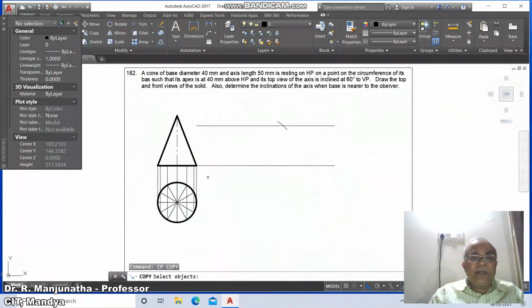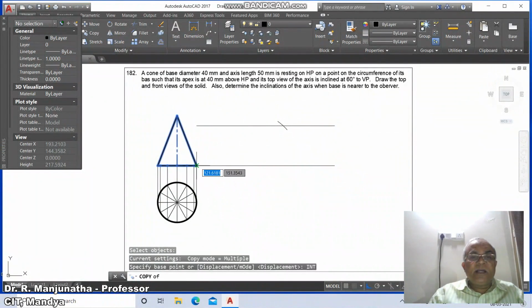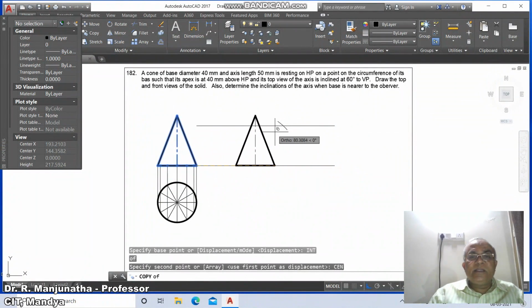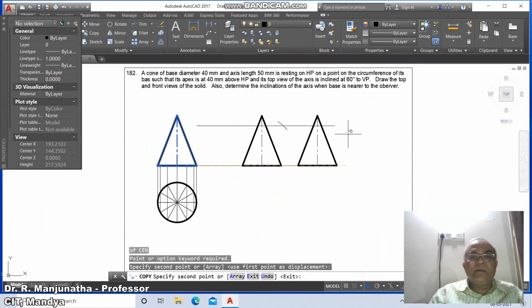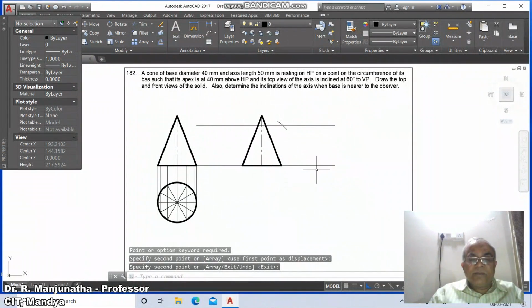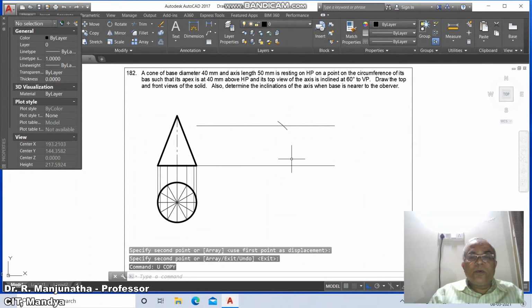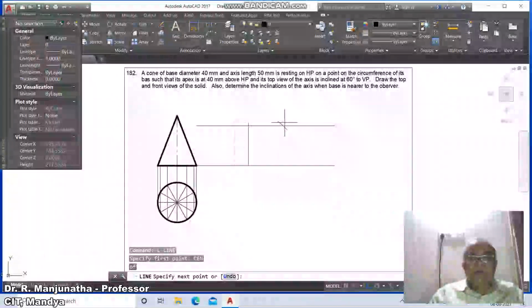Then go copy, select this, take base, take int of this and this int should be the center of this, center of this. Then go to copy or line, center of this and take int of this.